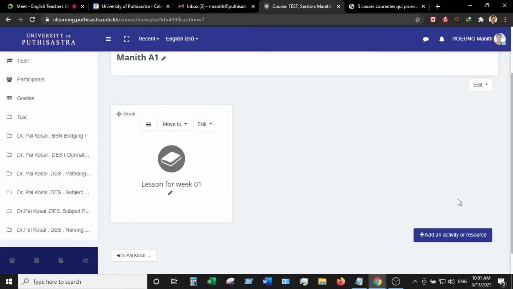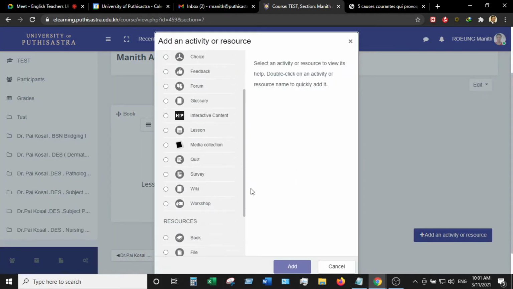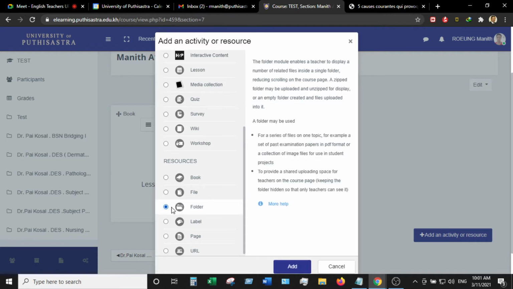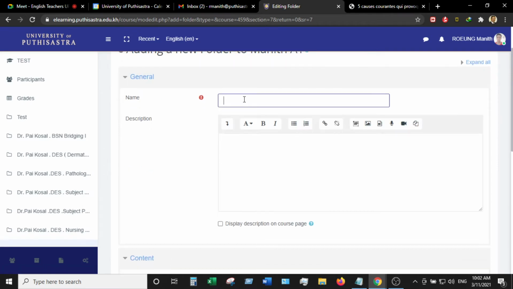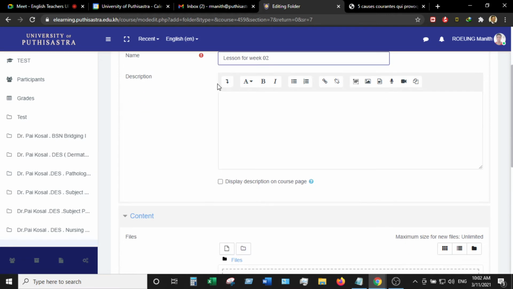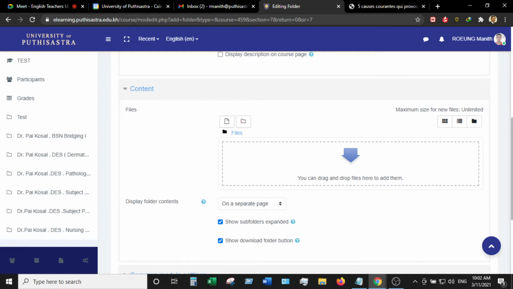Okay, so another tool you can use is to import a lesson as a file or folder. Click on it, and you have to use the tool called folder tool and click add. Okay, so we have to type the lesson name, for example lesson 4 week 2. In here you can type the description or not, it's up to you, and the import time is about the